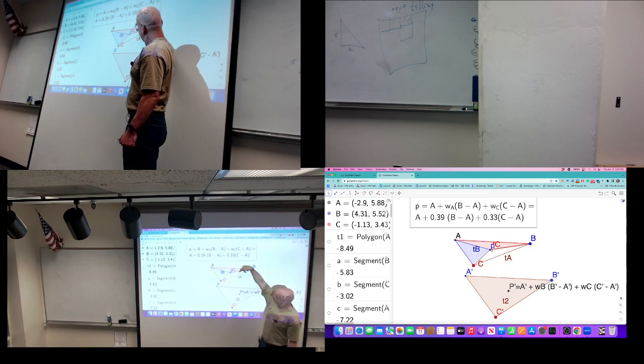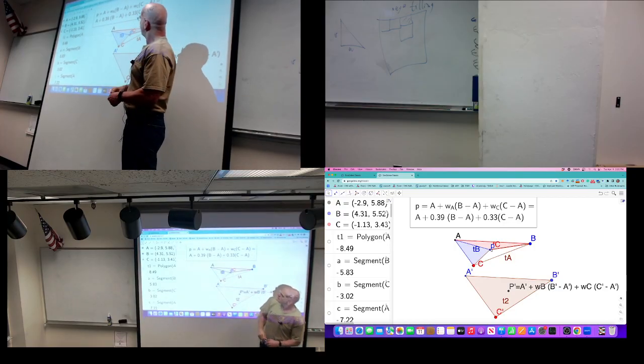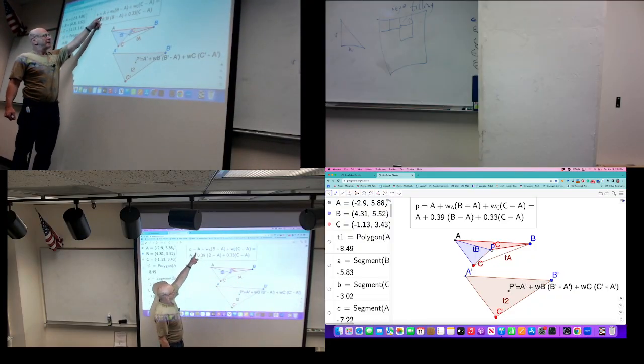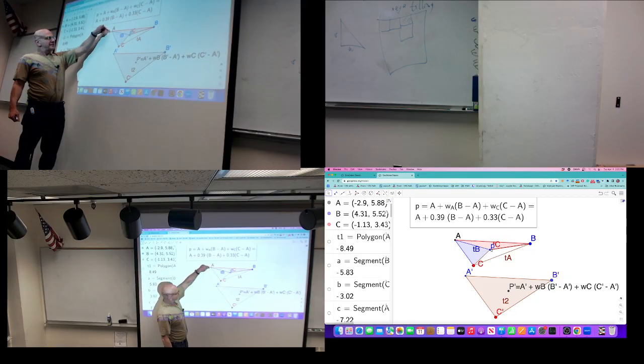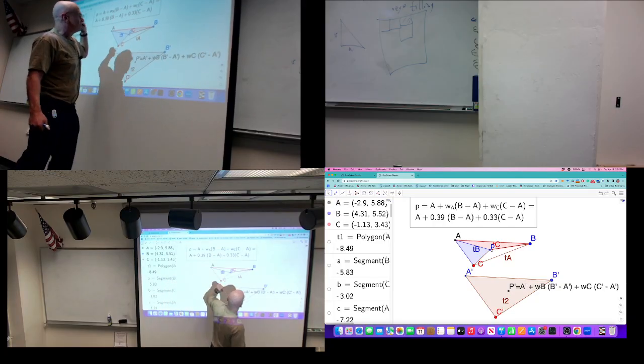And as before, the weight of the point C would be the area of the triangle not adjacent to C divided by the area of the whole triangle. But now I want to write it in a slightly different way. Instead of giving some weight to A, some to B, some to C, I'll write it in the following way: A plus W of A, W of B